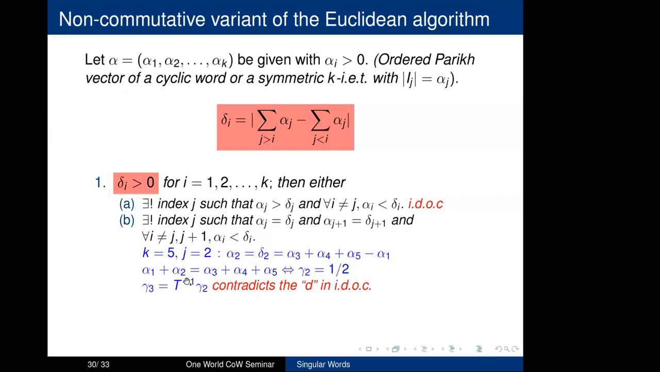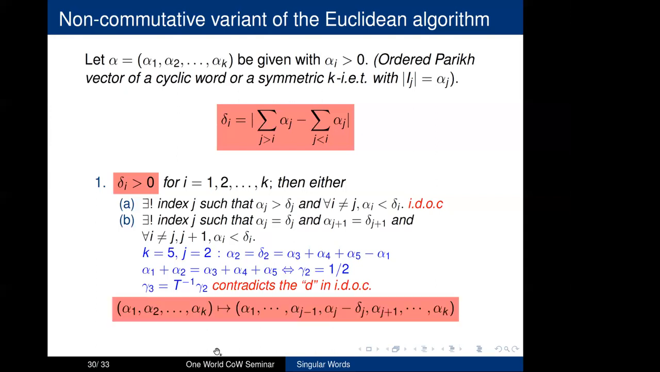And that in turn tells you that the interval exchange will send gamma 3 to gamma 2, or inversely, gamma 3 equals T inverse of gamma 2. And this contradicts the D in IDOC. D is disjoint. Remember, the negative trajectories of the gamma i's should be disjoint. Well, here they're not. The negative trajectory of gamma 2 meets the negative trajectory of gamma 3. Okay, so in this case, the algorithm says